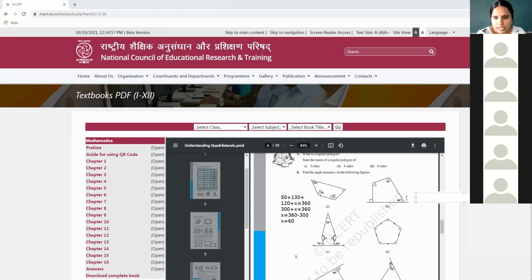So now, as you all can see here, you can observe that this symbol indicates a right angle. That means 90 degrees, isn't it? So according to the linear pair, whenever it is 90 degrees, the interior angle also will be equal to 90 degrees, isn't it? Okay.